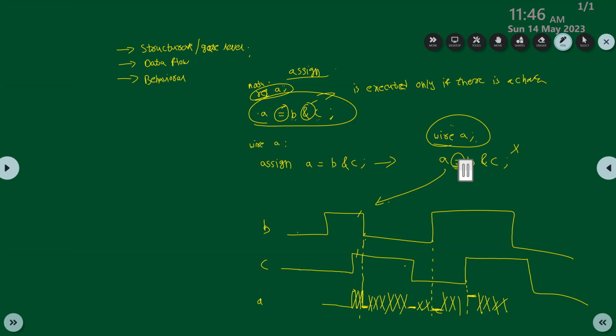If you declare as a register, then there is no difference between using the assign statement and A equal to B. Understood the difference? If you declare as a register, then both the commands work the same. But if you declare as a wire, then this is the difference. If you use A equal to B, this will happen, but in the same case, if you use the assign statement, the same output